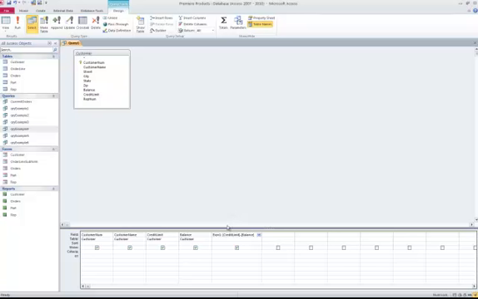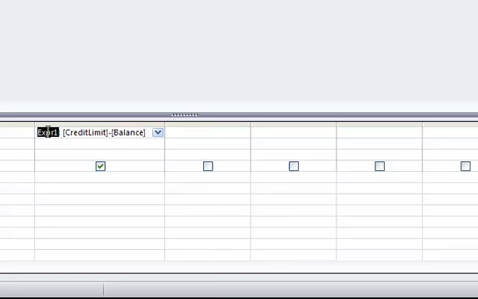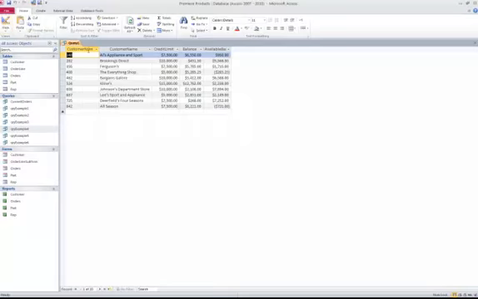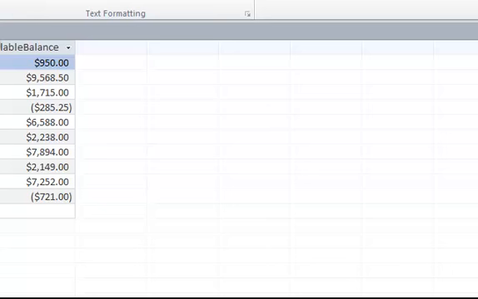The other thing that happened automatically is it put this EXPR1 and a colon in front of my formula. And that's just giving me the ability to actually name it. A better name would be Available Balance. Notice that I got rid of the EXPR1, but I kept the colon. The colon separates what I want to name this column from the formula itself. Now when I take a look, again I can widen it here in the data view, this column is now